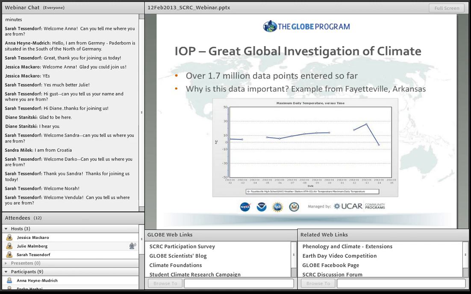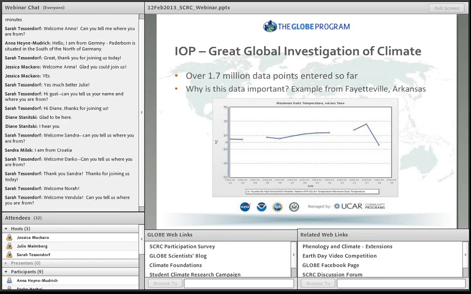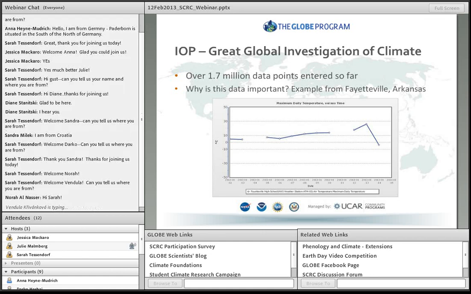Recently, we had some very extreme weather in the United States, and two of our Globe scientists, Justin McCarroll and Sarah Tessenworth, wrote a blog about the weather extremes in the United States and other areas as well. And we can monitor these extremes by looking at data over a long period of time, which we have with the Globe database. So here you can see an example of maximum daily temperature values entered in Fayetteville, Arkansas. And you can see the passage of a cold front on about January 13th. It's kind of hard to see the dates on this graph, but you can see the temperature goes up and then goes down. So again, this data helps us look at weather extremes, and to have this data long term, we can look at other interesting things in the data.